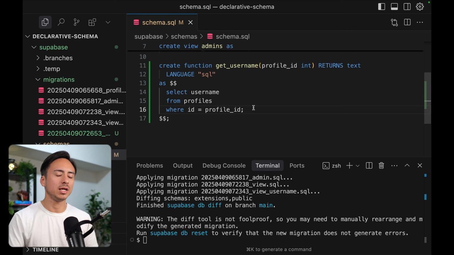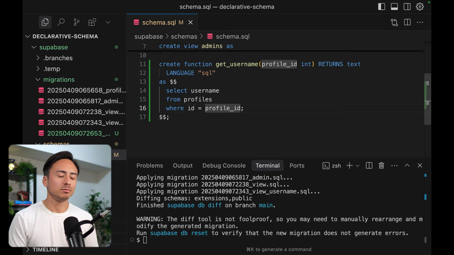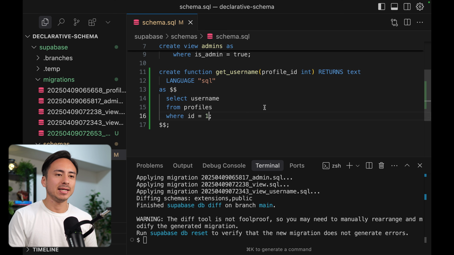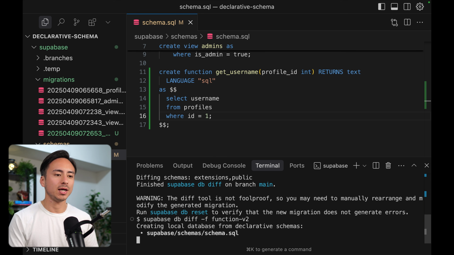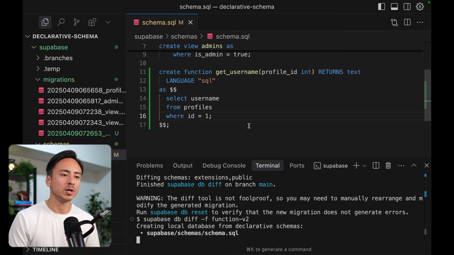And let's say if you wanted to change the definition of this function, really we can just change anything and it'll detect it. But for example, for some wild case, we said we're just going to ignore the profile ID and we're always going to return the username of whoever is user ID number 1. Just for a simple example. I couldn't really come up with a nice example, but yeah, let's say that was the case. Then we can just say function v2 and generate a new diff. And Supabase CLI is able to detect that there was a change here,